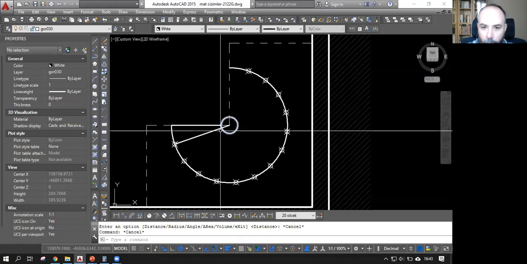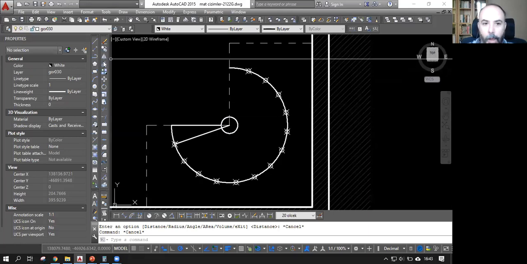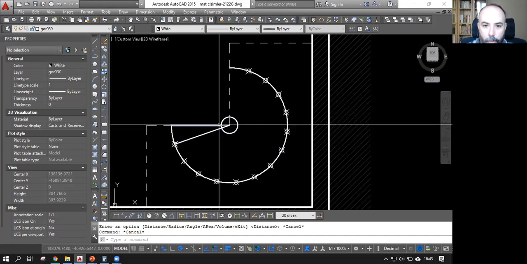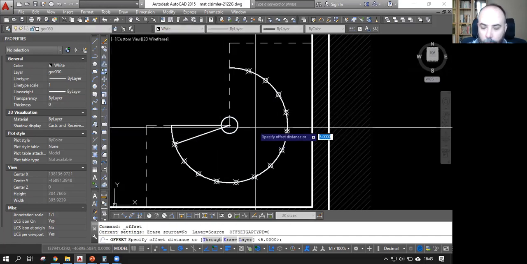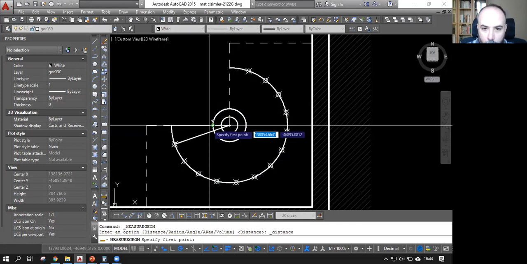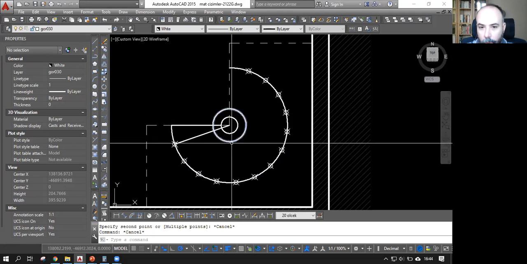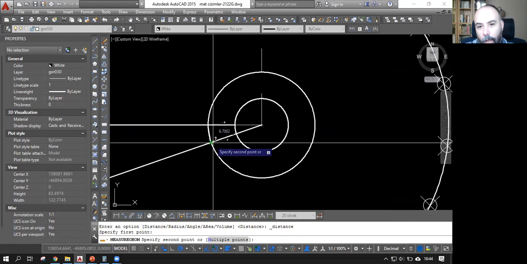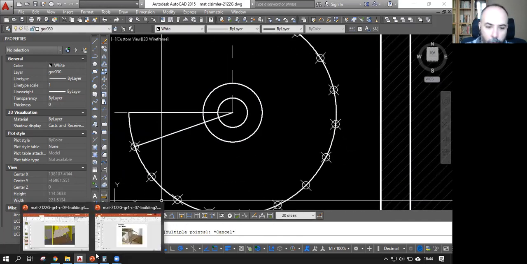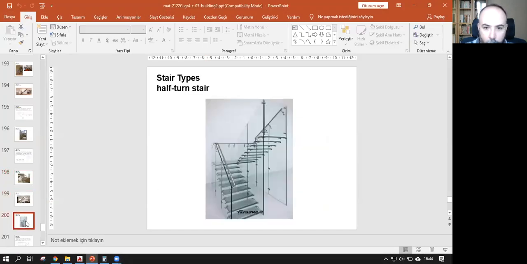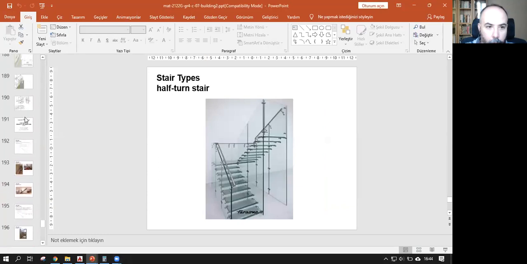This is what I need to do. I need to find a 10 centimeter gap for this part of each step. So I'm going to enlarge it by 10 more centimeters. And in total, I will have a 40 centimeter radius. Let me calculate this. So I will have like 7 centimeters. And let's say that we can have